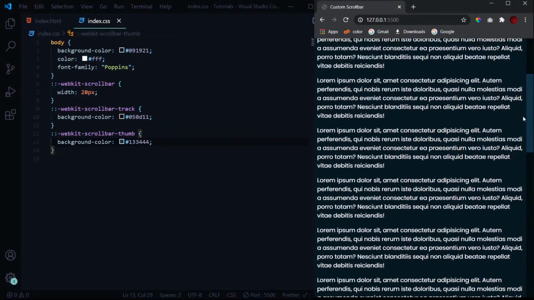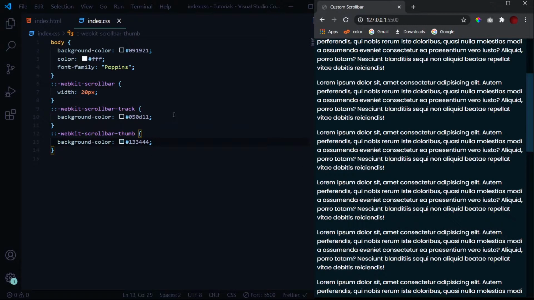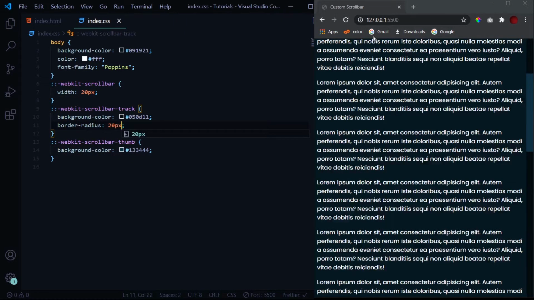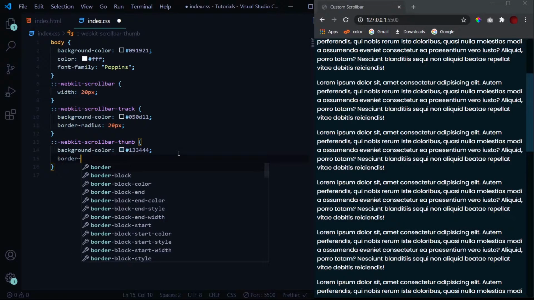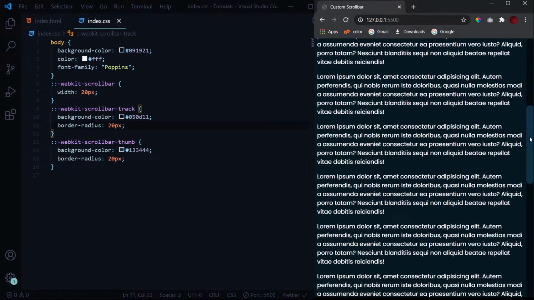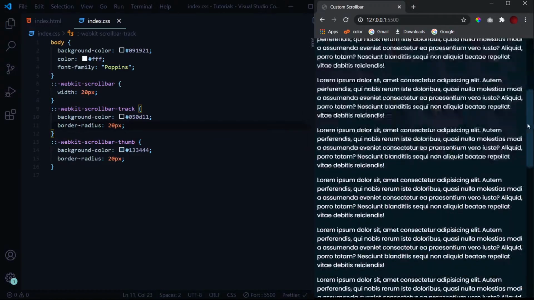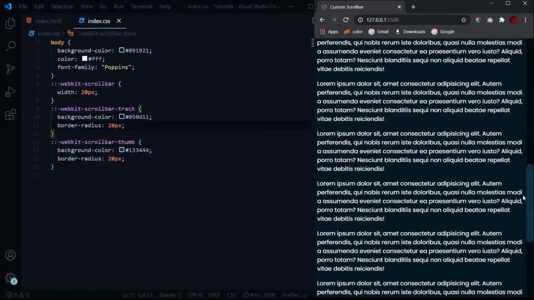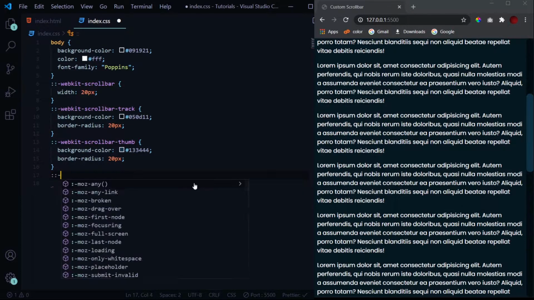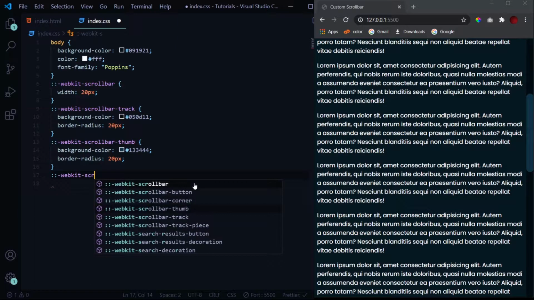So this is it for the basic scroll bar, but we can give it some other styling, such as we can provide it with a border radius so that it is curvy on the edges, and we can give the same border radius to the thumb as well. So you see this becomes kind of an elongated oval shaped thumb, and the same properties are applied to the track as well. Now we will see how we can design the track piece, which is the inactive part of the scroll bar. So WebKit scroll bar track piece.